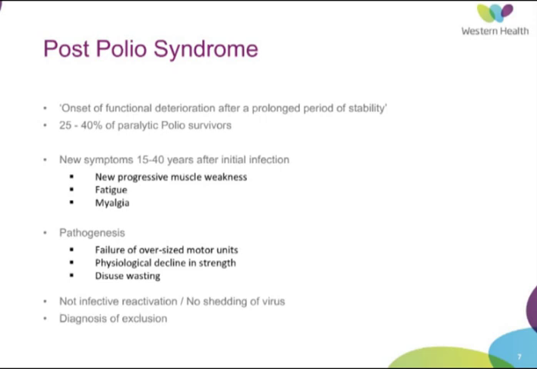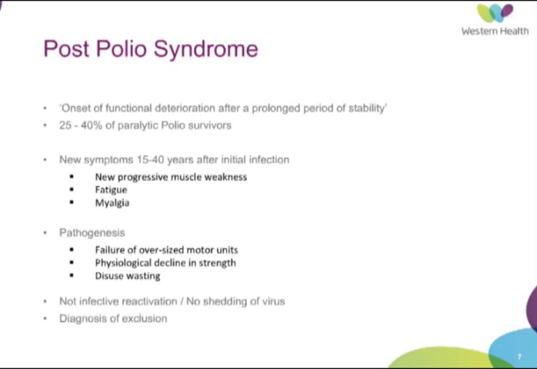Typically these patients that have survived polio have balance and strength problems, and therefore are less active than their counterparts. So again, the normal disuse wasting process with age is exacerbated in these patients. One of the important things, in a lot of the literature, is that this should be a diagnosis of exclusion, in that you can't assume that a new onset of weakness is related to the polio and other